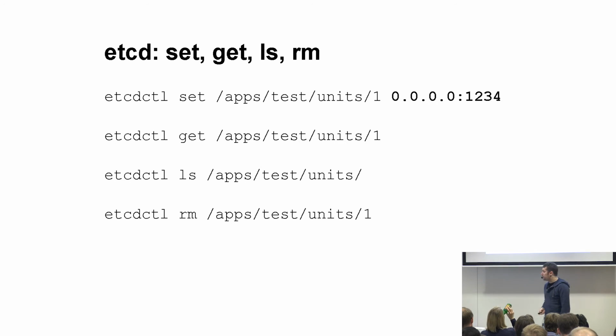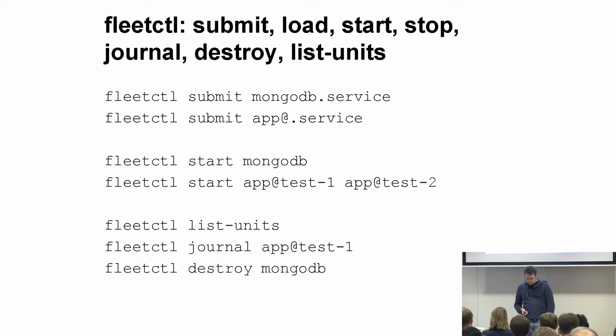So etcd is pretty straightforward. It's just a key value store, so we're able to set, retrieve values, list values in a directory, and remove either individual keys or whole directories. Fleet is quite a bit more complicated. There's basically a bunch of commands such as submit, load, start, stop. I still have trouble figuring out what the difference between load and start and stop is, but the long and